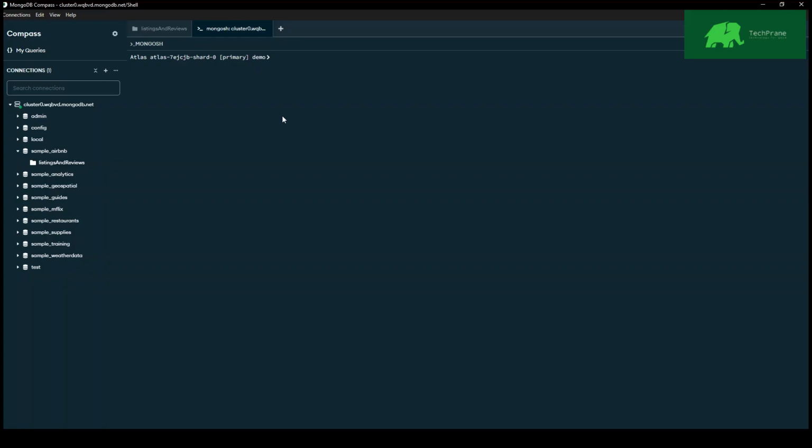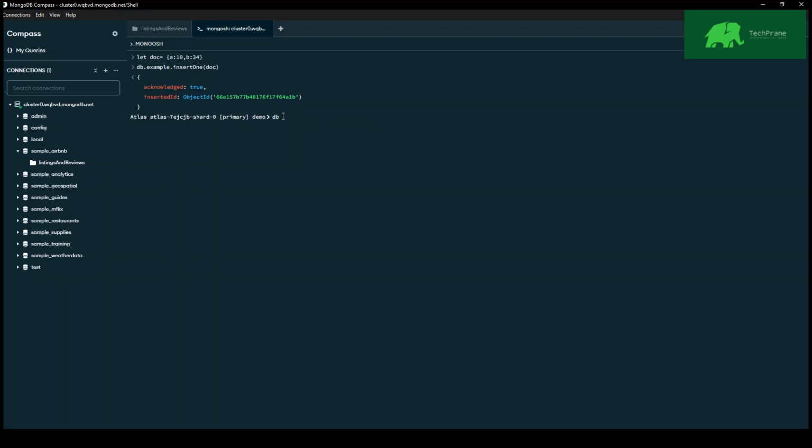Assume that I have a document with the following structure. We'll keep the document fairly simple. We'll say that this document has non-array fields with the following values. We'll then insert that document into a collection. Insert one, pass the document in,